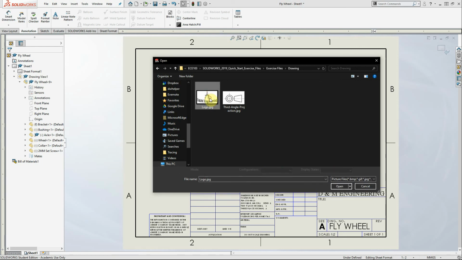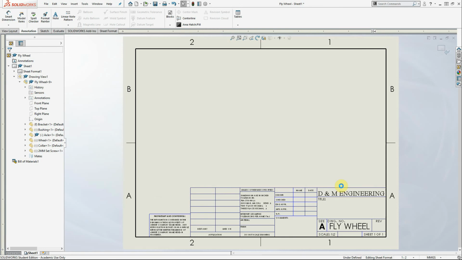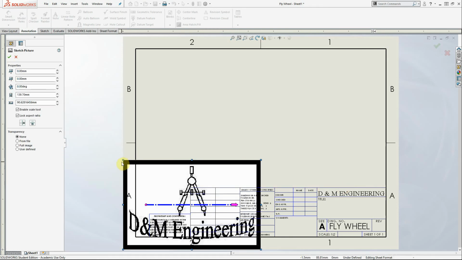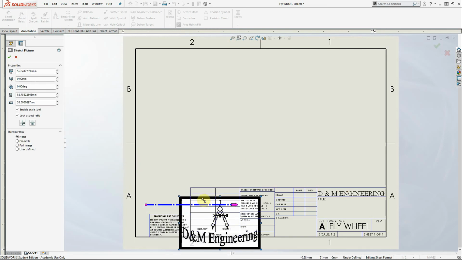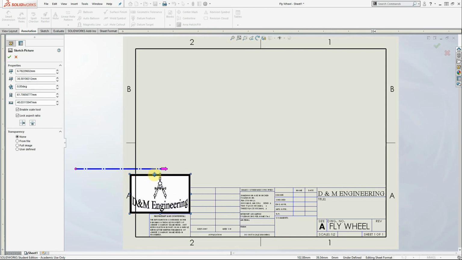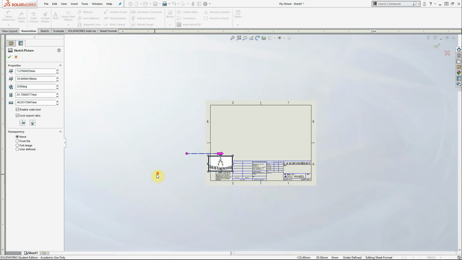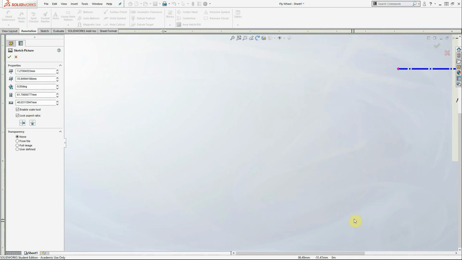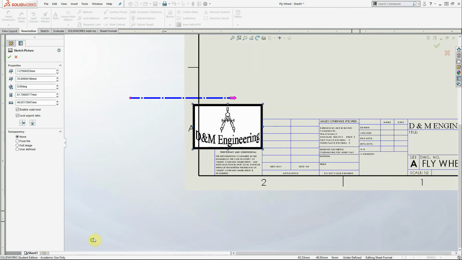We're inserting a picture, so it knows these are picture files, picture types. And just insert it, click and drag it, move it the way you need to, change the handles. It's like a lot of other programs work, such as Word. The scroll wheel works the same way